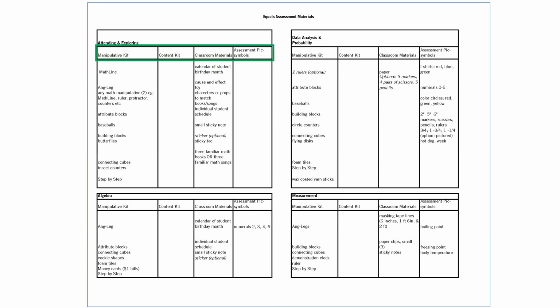So let's take a look at attending and exploring. This attending and exploring, again, is not technically a subtest, but you will need materials for that, and you can see what you'll need. Here it says on the left what you need for the manipulative kit. You won't need anything from the content kit. You have some items from classroom materials that you need to get, and you will not need any assessment pick symbols. Okay, so your biggest list is probably the classroom materials list, and we tried very hard to identify materials